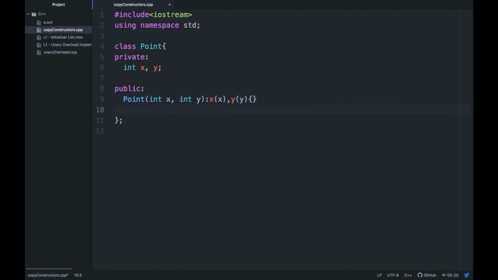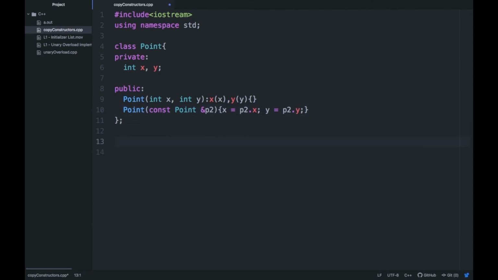And now another is copy constructor. Its syntax is const, then class name ampersand and old object, which is p2 in our case, and then we are going to write x equal to p2 dot x and y equal to p2 dot y.